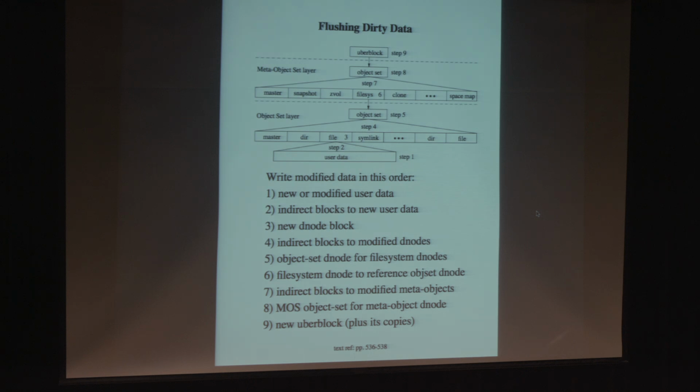So you can see that adding 1 byte to one file and then doing an fsync and checkpointing it is not going to be a viable thing to do, because it would require the writing of, well, depending on how many levels of indirection you have, at least 9 and probably considerably more blocks than that. So that's why we can't just do checkpoints willy-nilly. Now, what actually happens is we do checkpoints after a certain amount of data has been written, but we'll also bound it by time. So if we haven't been doing a lot of writing, but 10 seconds or something has passed, we'll just decide to take a checkpoint.